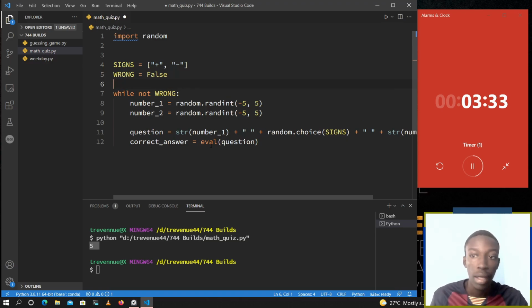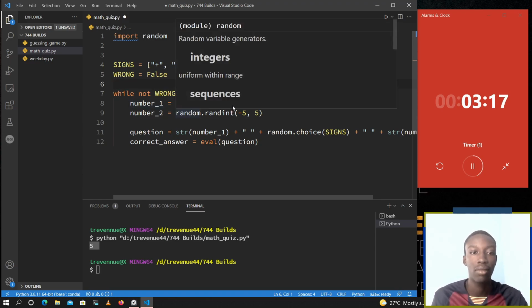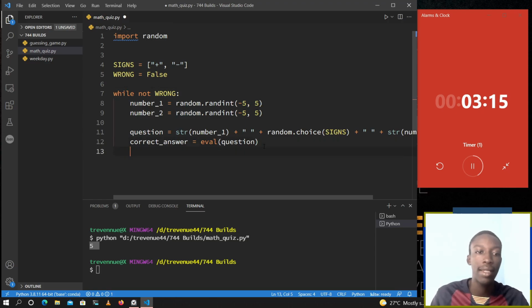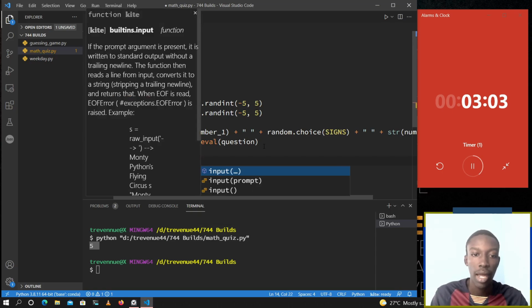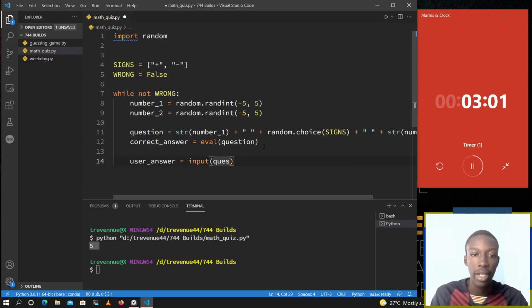I'm going to write that again. Now I have something like this, and I know I intentionally want the time to go so that the video just ends, but I might finish before the time anyway. So while not wrong, this should happen. Then I'll ask the user the question. So basically I'll ask the user for an input. So user answer is equal to input. Then I'll print out the question for the user,